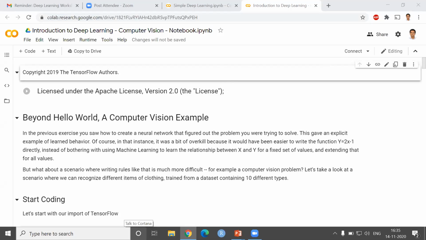I hope you were able to see the notebook here. I know that some of you who are new may be having some difficulty in understanding, but if you are working on this notebook, our next session is only on the next Saturday. Next Saturday, from 3 p.m. to 5 p.m. we will be having the next session.